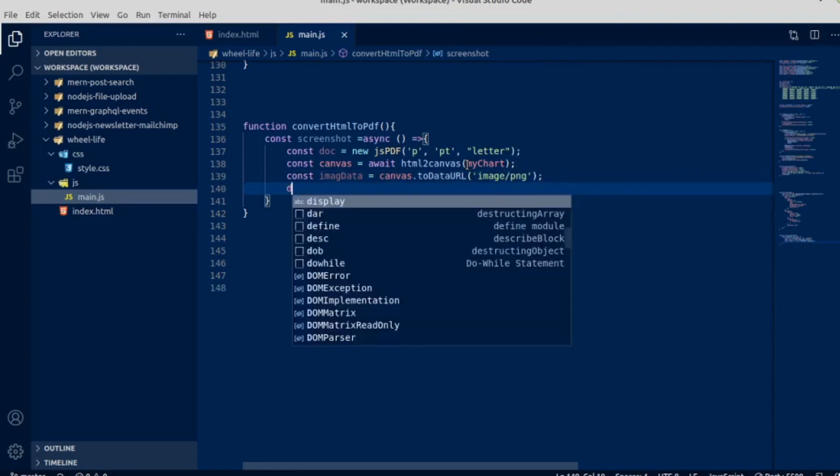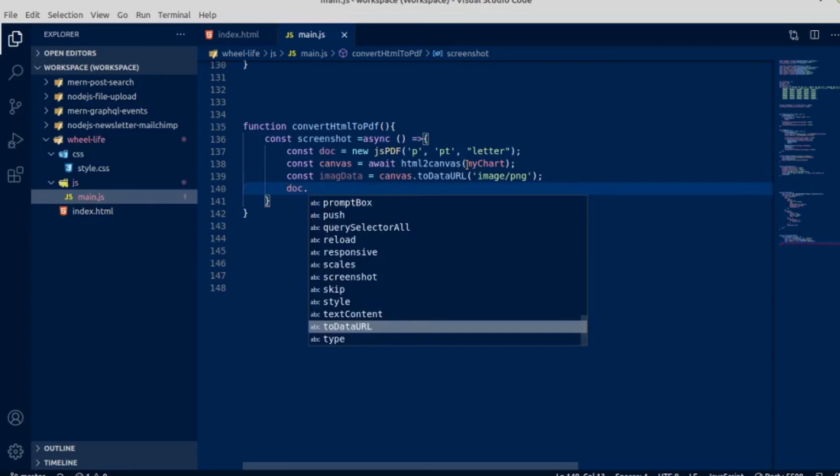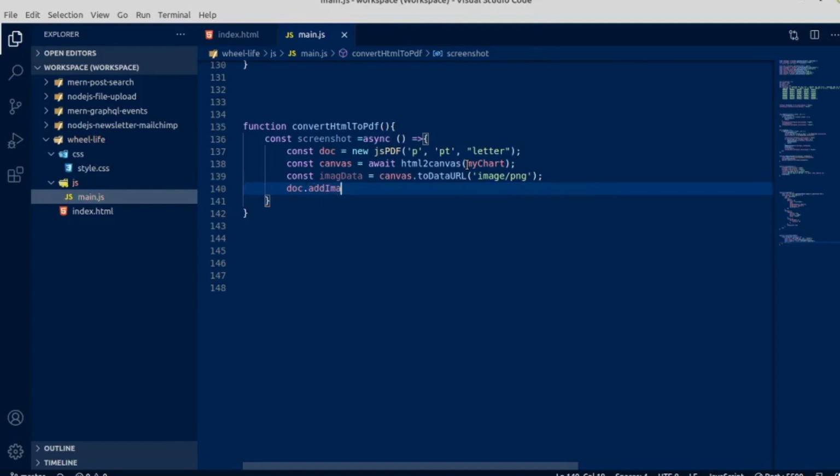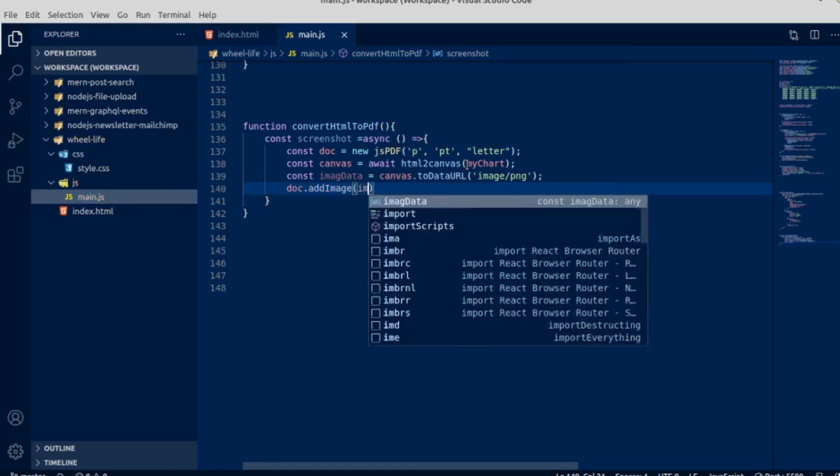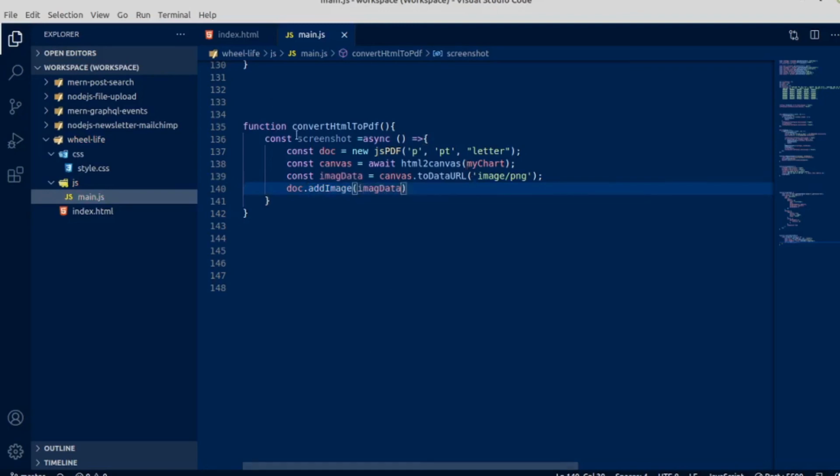we need to set doc dot add image data, image data, comma, this is a type of PNG image, comma, this will be 75 pixel, this will be located on 75 pixel from left, and from top it would be on 40 pixel,